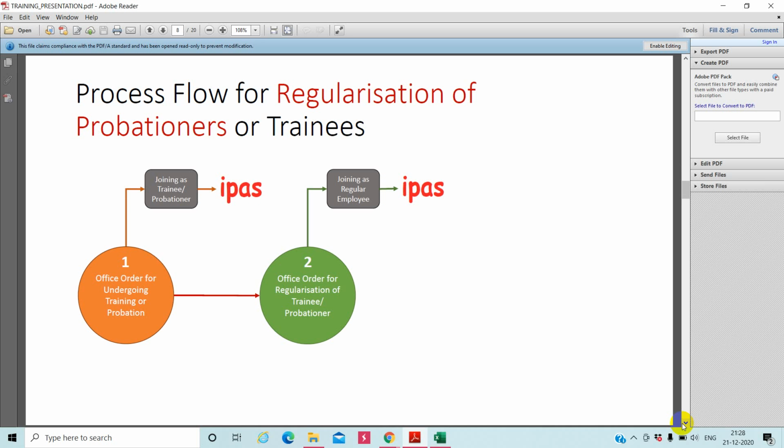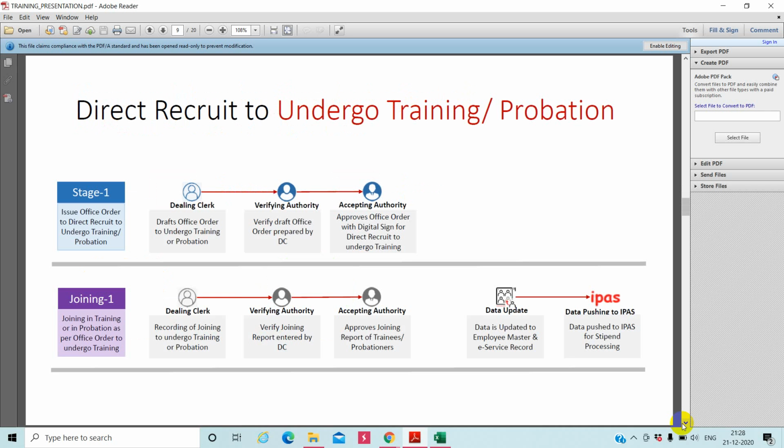In the process flow of regularization of probationers under training, the office order goes to iPass for preparation of salary. Second, the office order for regularization of trainee probationers will also go to iPass for preparation of salary.